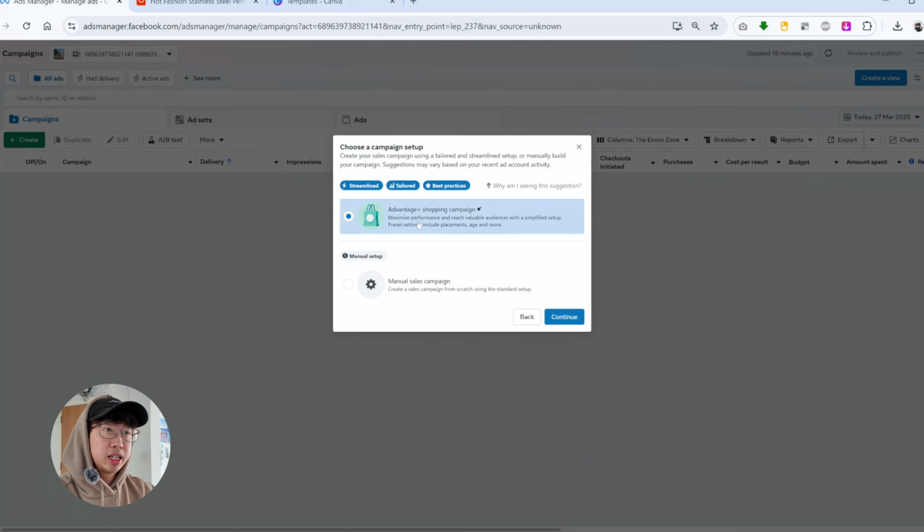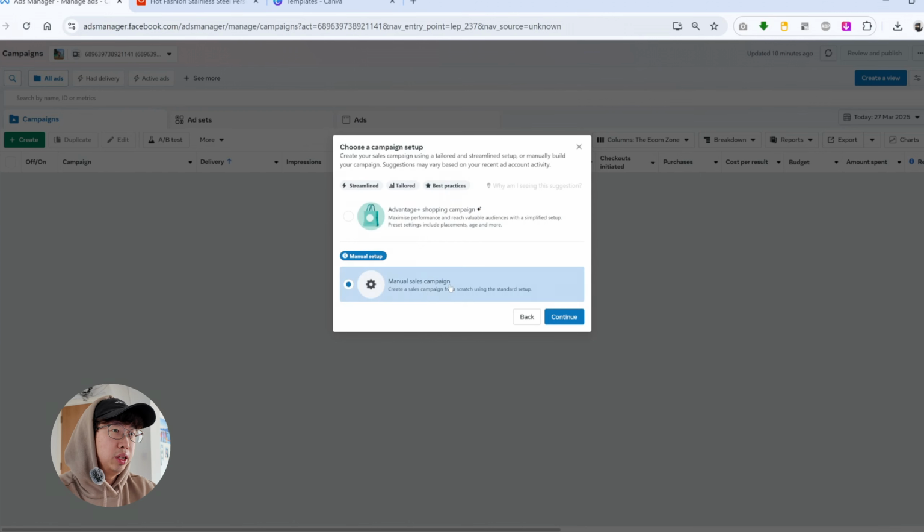On my new ad account, you actually don't have this screen anymore. This pop-up is gone entirely, and Facebook is basically forcing AI on manual sales campaign, and they're getting rid of the Advantage Plus shopping campaign. So we're actually going to click manual sales campaign at the bottom here, and again, if you don't have this screen, then just skip the screen because it's going to be a manual sales campaign anyways. So hit continue,